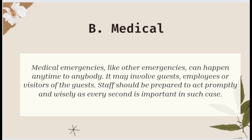B. Medical. Medical emergency, like other emergencies, can happen anytime to anybody. It may involve guests, employees, or a visitor of the guest. Staff should be prepared to act promptly. As every second is important in such a case, trainings for employees are provided, such as first aid or CPR